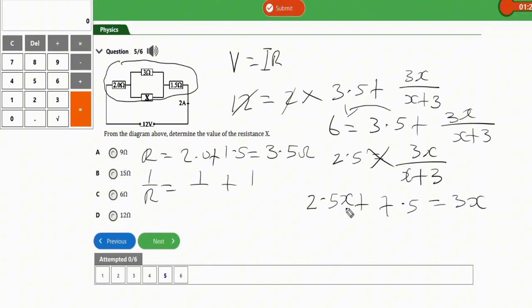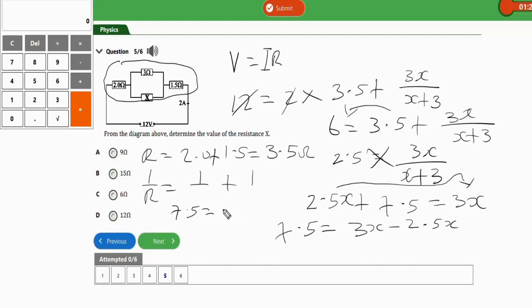Now you collect like terms, you're going to have 7.5 equals 3x minus 2.5x. So when you punch this on the calculator, you're going to have